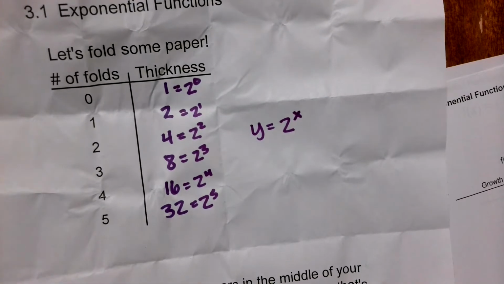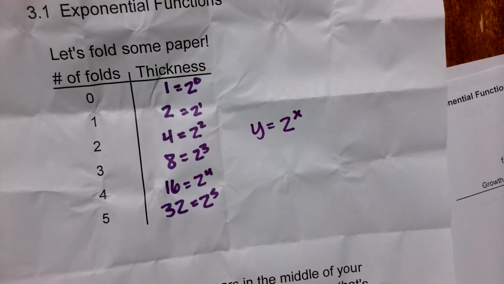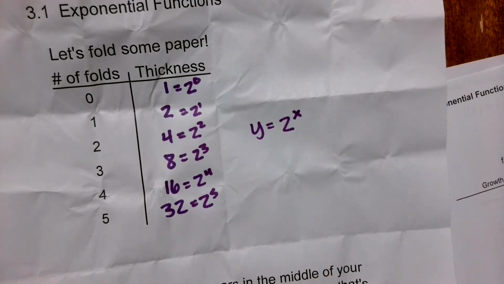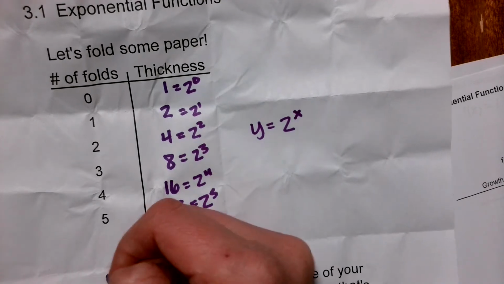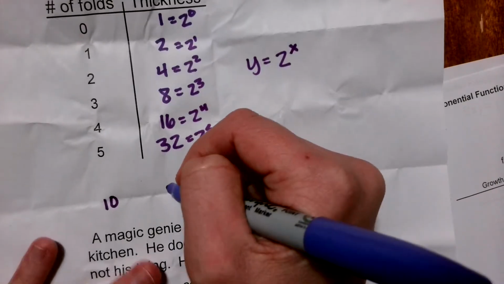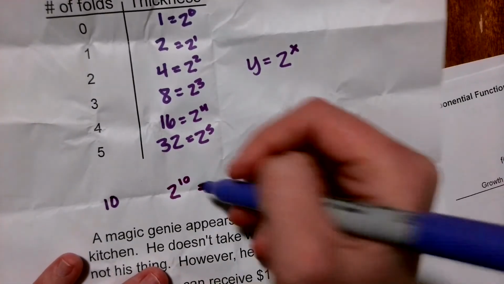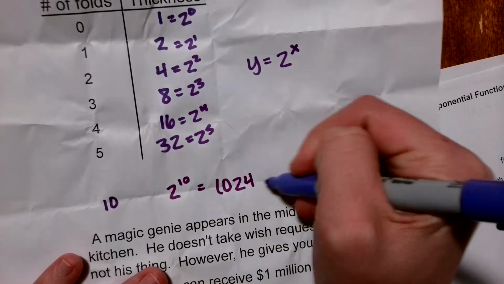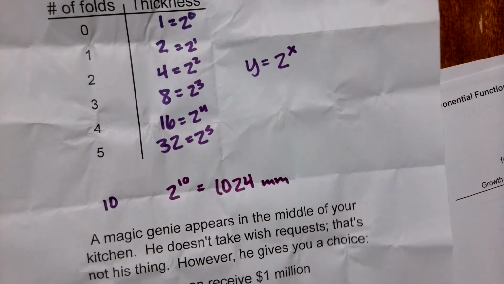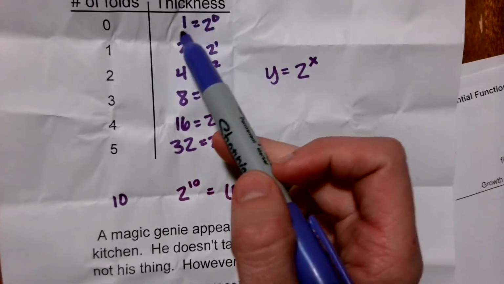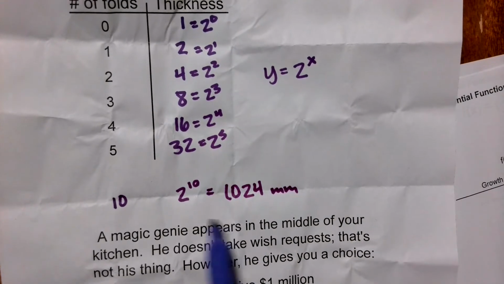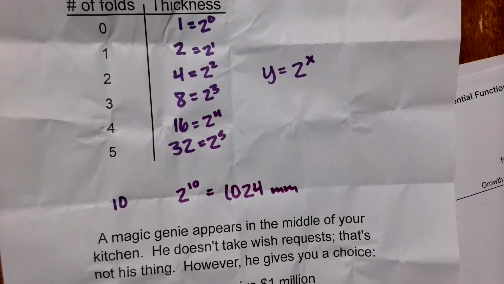What's insane about exponential growth is that if we are doubling over and over, at first it doesn't seem like it is doubling very quickly. The number is not rising very quickly for that thickness. But then eventually, if we could fold a piece of paper, say like 10 times, that means we would be looking at 2 to the 10th power, which is 1,024 millimeters, which seems pretty crazy that it could get that thick, which I realized it really wasn't 1 millimeter to begin with. It was thinner than that. But that exponential growth is powerful because you're doubling it every time. So at some point, it's going to be getting large really fast.